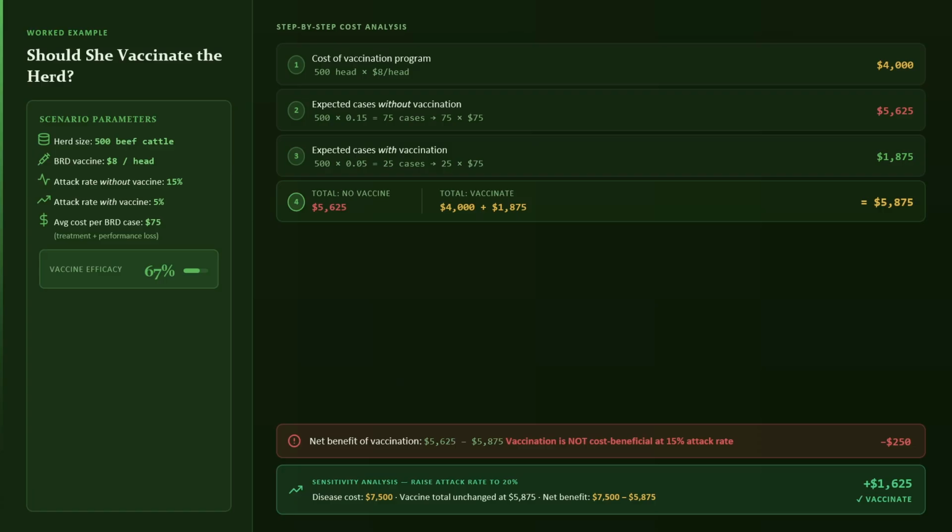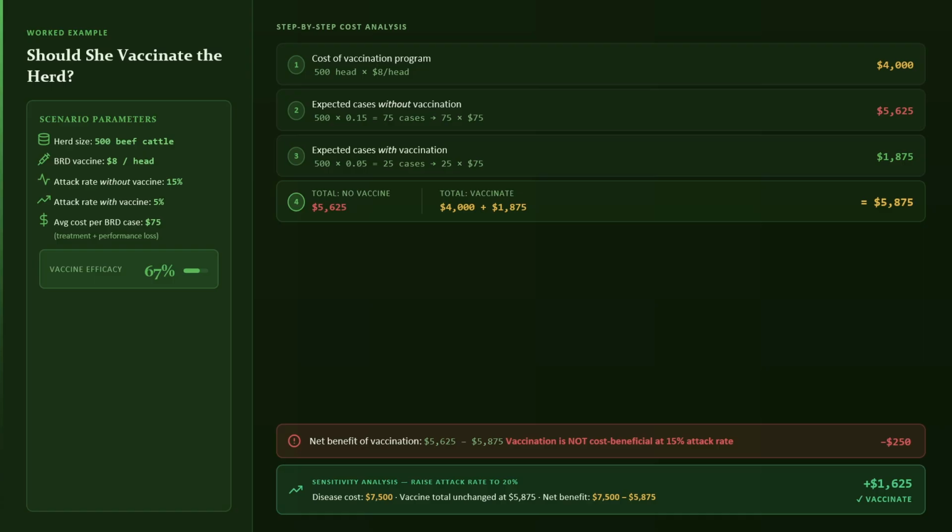Let's put that framework to work. Should our producer vaccinate her 500 head herd? The vaccine costs $8 a head, so $4,000 total. Without it, at a 15% attack rate, we should expect 75 cases at $75 each. That's